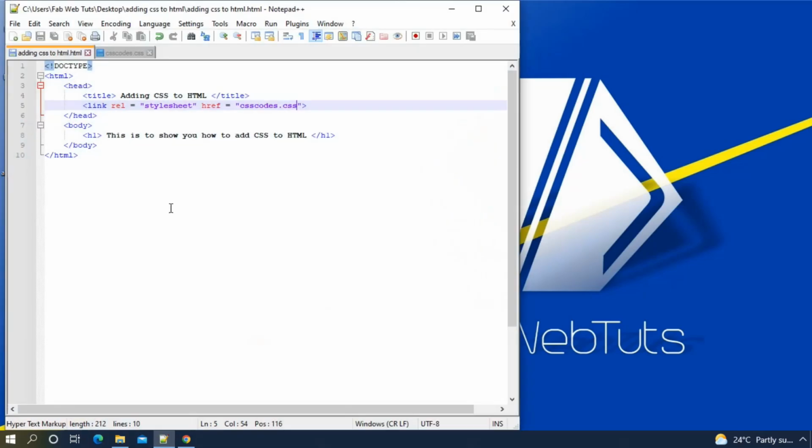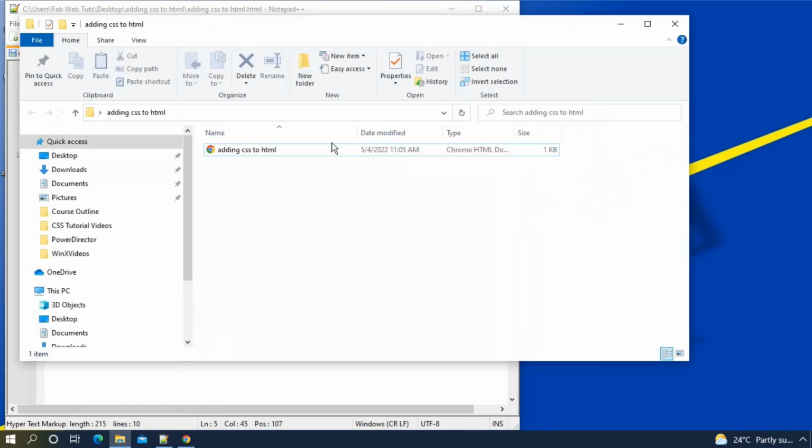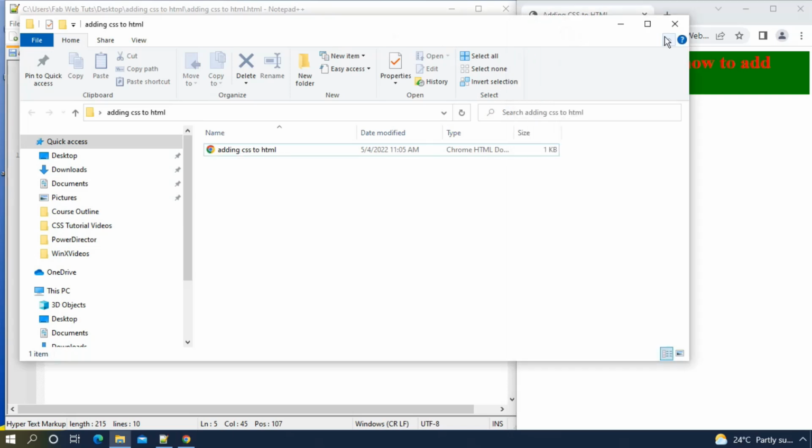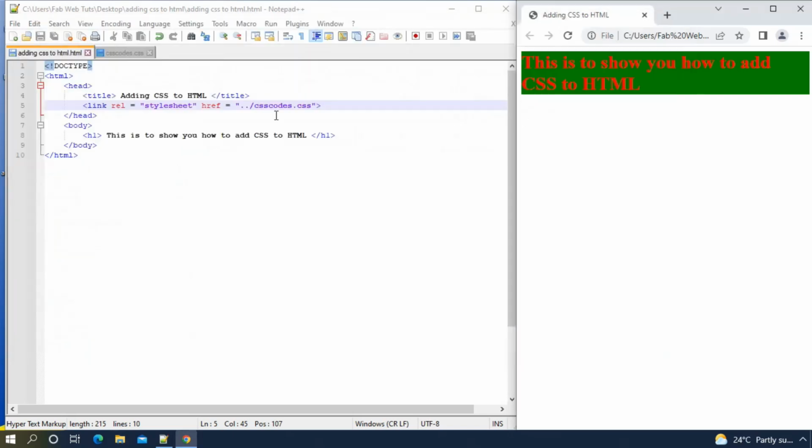So right now, if you come here, you just have to go back like this before we pick our CSS code. So I'm just gonna say save right now. Then I'm just gonna go back to our browser, refresh. You can see it's still picking up the CSS code, and that's because what we have just specified here is